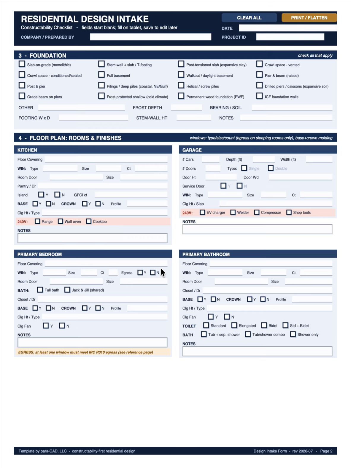Primary bedroom, primary bathroom. Yeah, I came up with this like, oh, wait a sec. Maybe they want an elongated toilet and a bidet, or whatever. So you check what applies. And let's check that clear